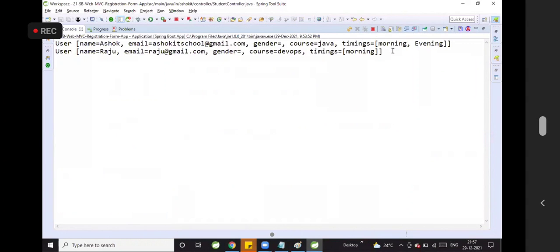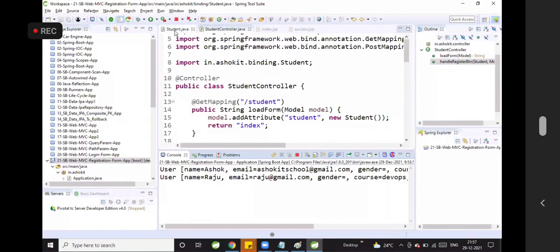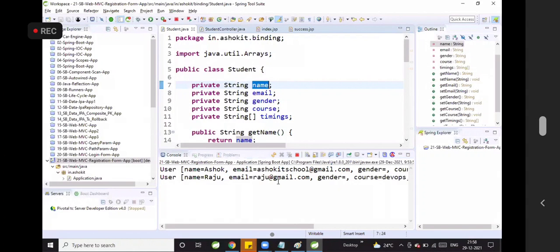Form data is coming in the form of object or not? Whatever the fields that we have selected, that data is coming in the form of object. That object is printing on the console because of that SOP statement. We have toString method. Perfect. Guys, don't buttify this code. Gender value is not coming.